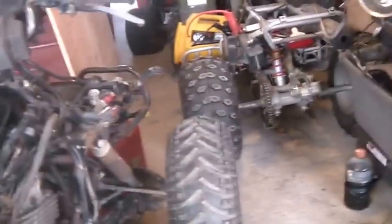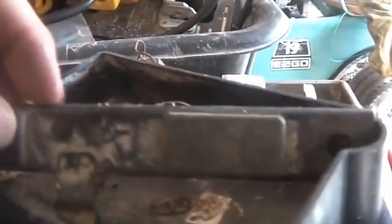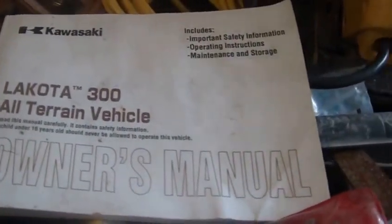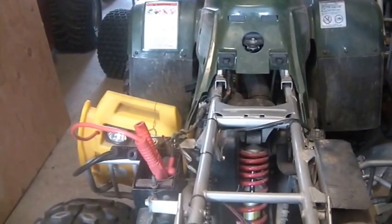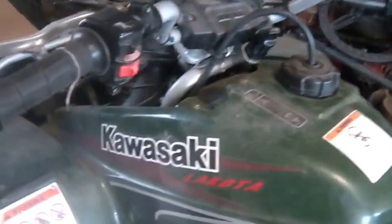Look at that. I was kind of poking around the lower garage and I found the battery stuff for the Lakota. I got this from a friend of mine. I think it's got a Y in the 10th position, so I think that makes it a 2001. So this is a 15-year-old Kawasaki Lakota,